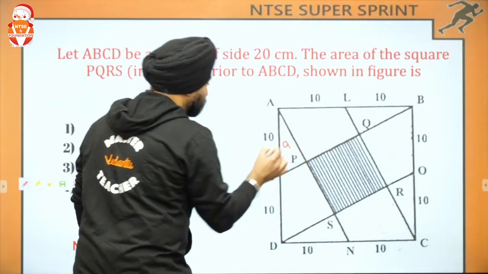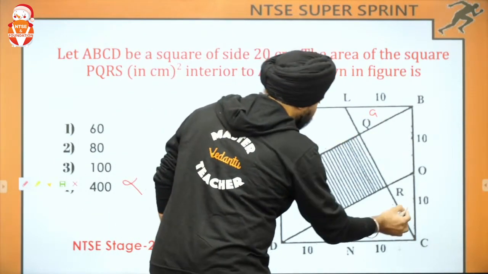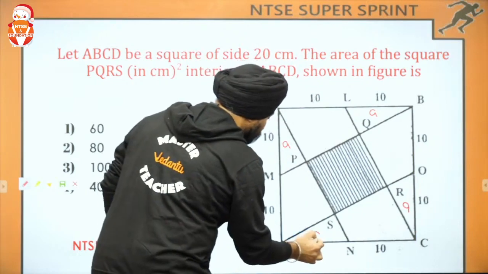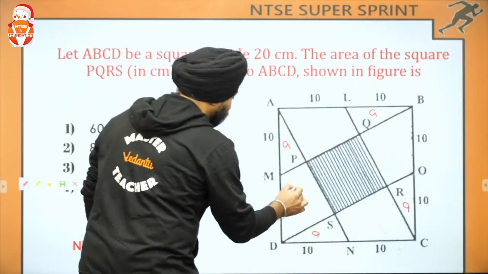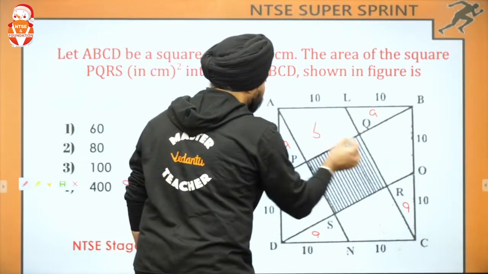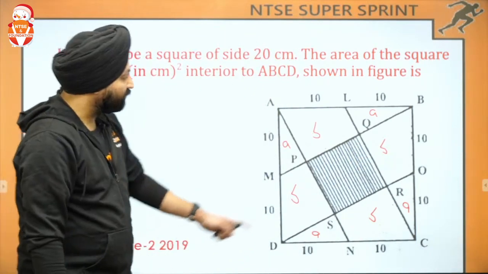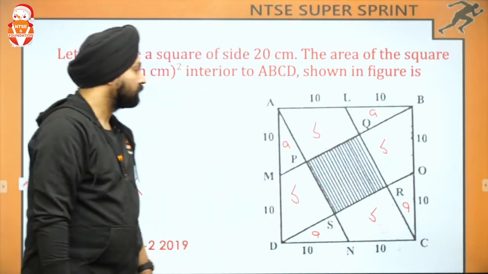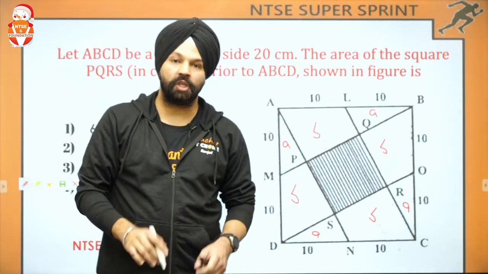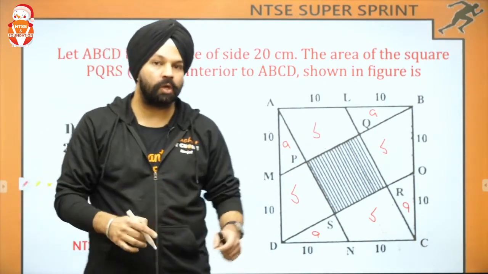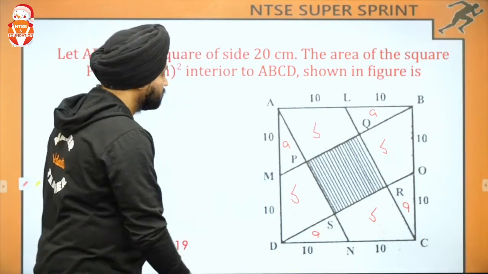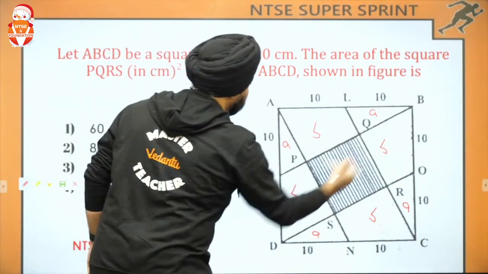If the area of this is A, this is also A, this is also A, this is also A. If the area of this is B, this is also B, this is also B, this is also B. Now I am left with this square. For all those who are in a position to visualize this question properly, they can easily check that if I pick